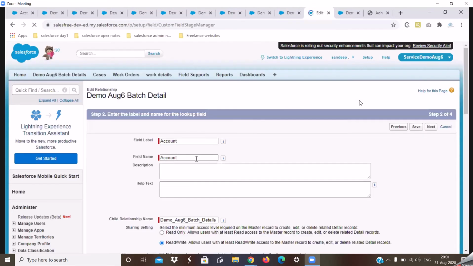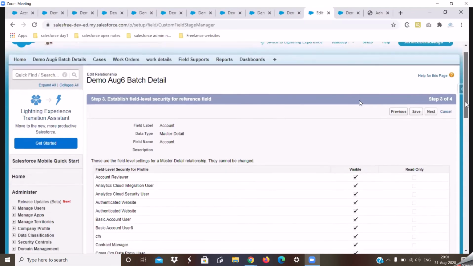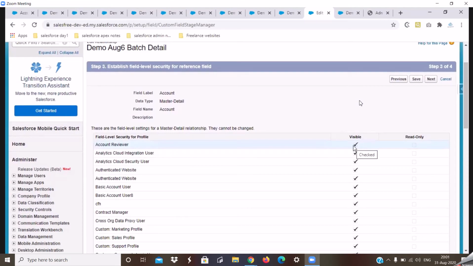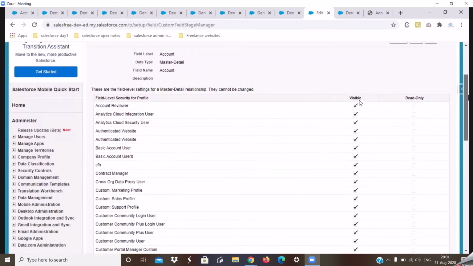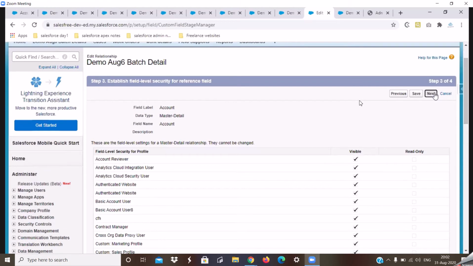I don't want to change the field label or the field name, so I'll click on next. On step 3, I already know that the field level security will not be editable, the reason being this field is a required field by the definition of Salesforce. That is why I'll not be able to edit any of these checkboxes here, so I'll click on next.